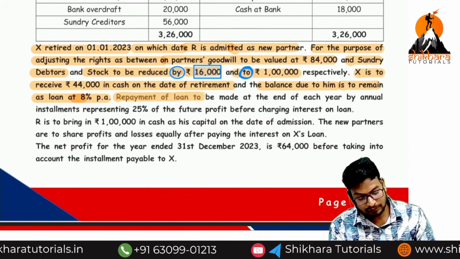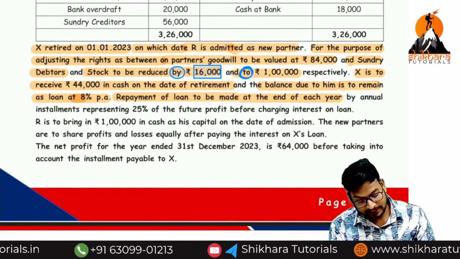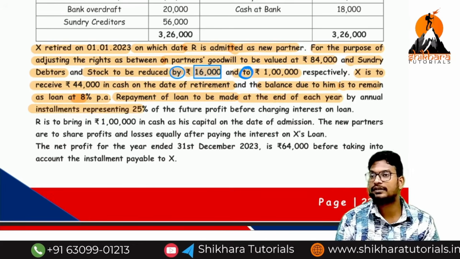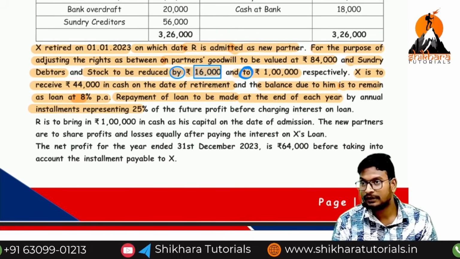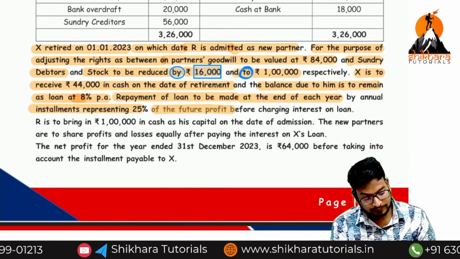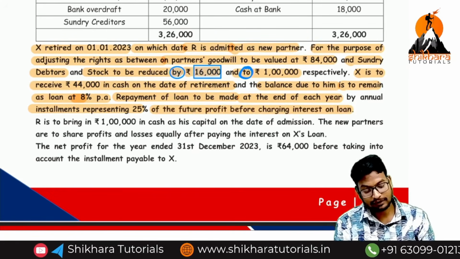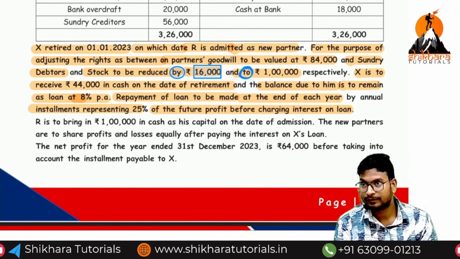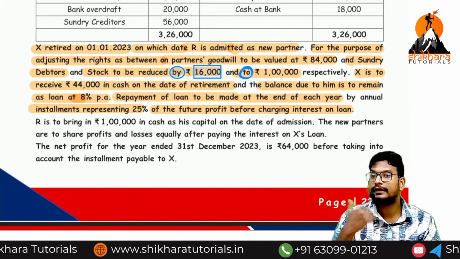Repayment of loan to be made at the end of every year by annual installments. Okay, now that means they are paying in the form of annual installments. How much percentage? Every year ending they will pay 25% of loan amount out of the further profits before charging interest on loan. So first what we need to distribute? We need to distribute the interest on loan. Okay, now whatever profits you are getting, from that profit first we need to distribute the interest on loan,